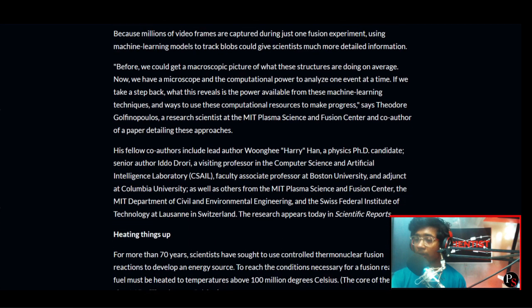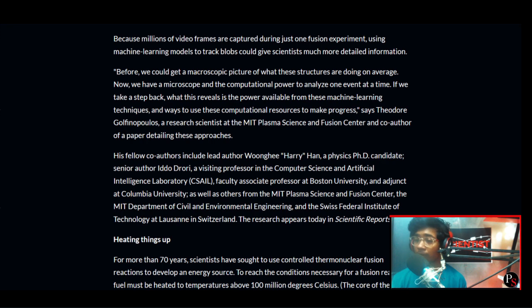Because millions of video frames are captured during just one fusion experiment, using machine learning models to track blobs could give scientists much more detailed information. Before, we could get a microscopic picture of what these structures are doing on average. Now we have a microscope and the computational power to analyze one event at a time. If we take a step back, what this reveals is the power available